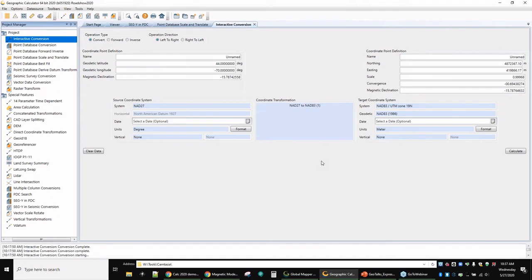Magnetic declination varies all over the world. It's very much like scale and convergence. It has unique values all over the place. The strange thing about magnetic declination is that it moves around, and that's why these models need to be periodically updated. If you are totally new to magnetic declination and don't really have a firm handle on it, we have